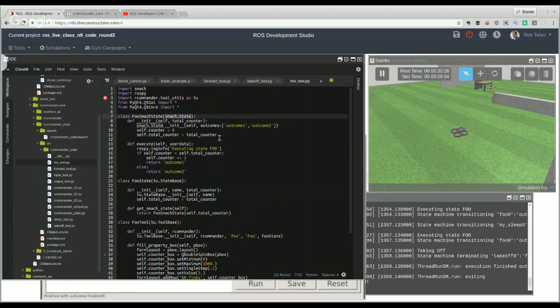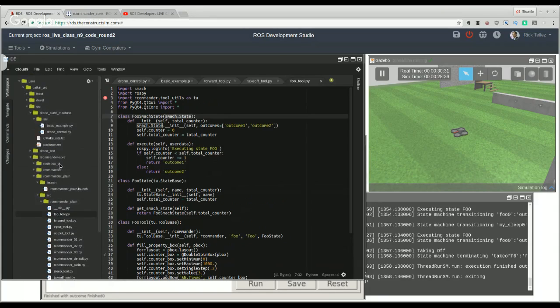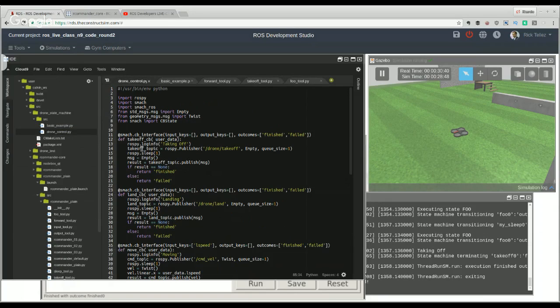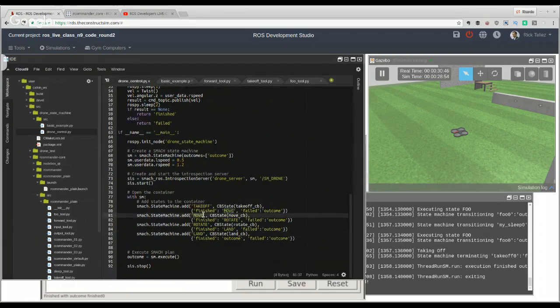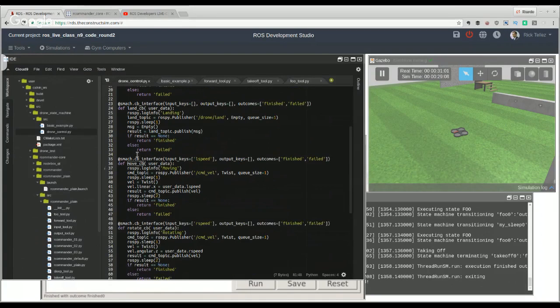So what do we need to include for moving forward the drone? So let's go to the state that we create on the previous class. And it's here in drone state machine, drone control. If you come here, you can see that here, when we created the move, is not a typical smash state, but instead is a callback state. And for this, we need to define the move CB callback that is included here. Okay, so here it is, move CB callback. Okay, so what we are going to do is to copy this into the